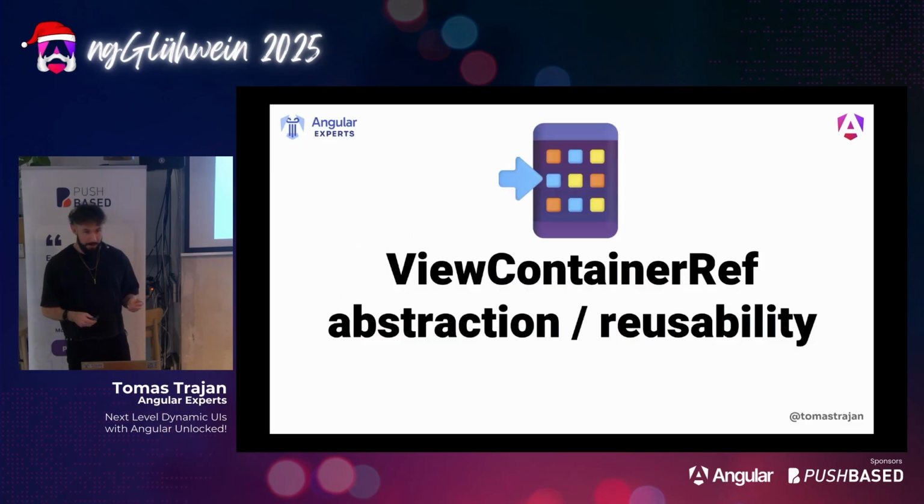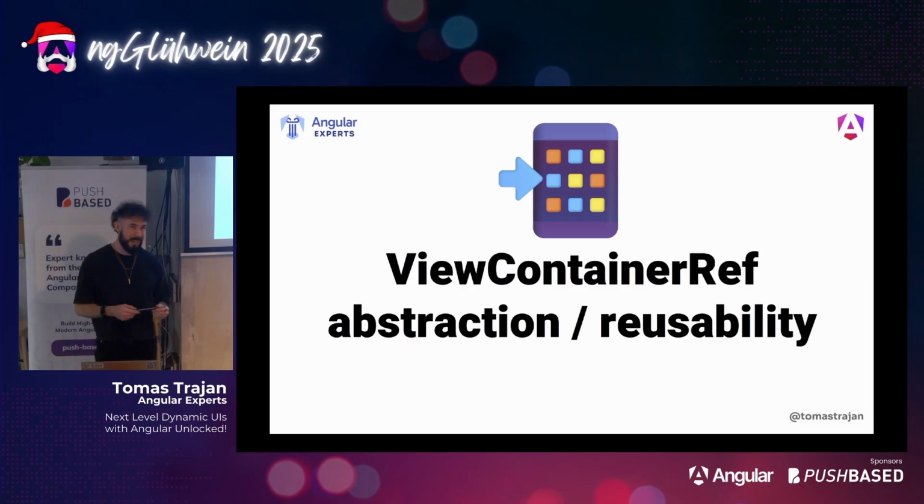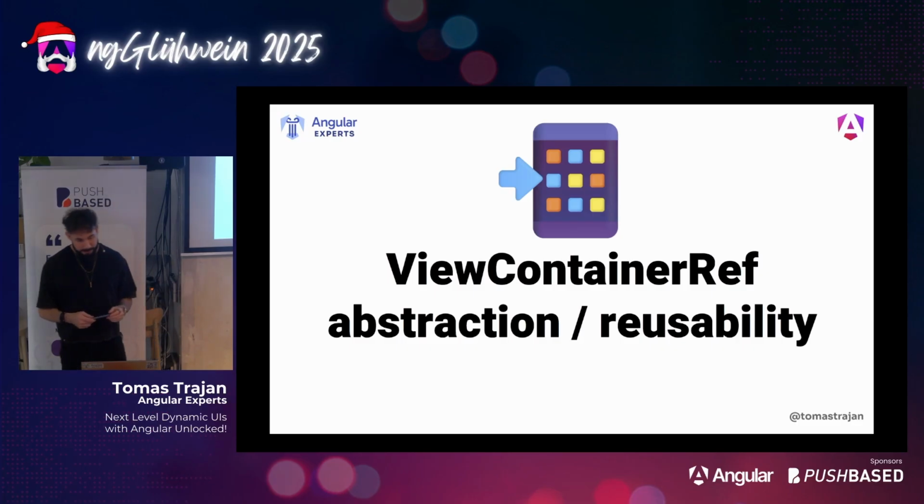Perfect. So basically we've seen three different ways, right? You can do the switch, you can do the component outlet, which nowadays seems to not be the way to go because it only allows for imperative outputs. Then we've seen the view container ref old style and with the modern APIs, which is definitely better. And now we can explore a little bit how it could be taken even a step further,